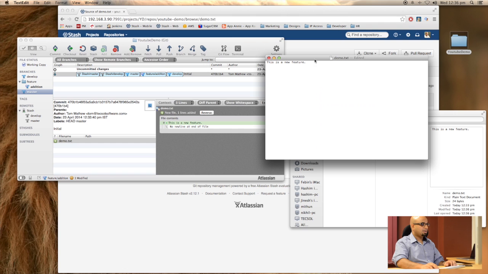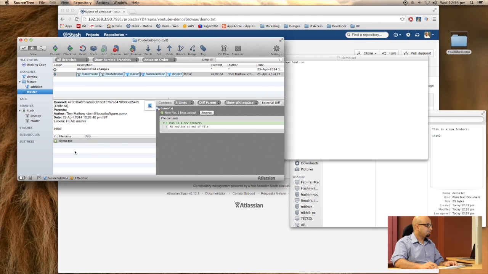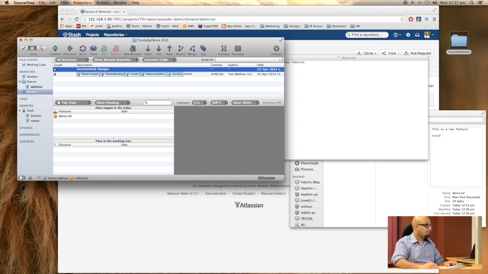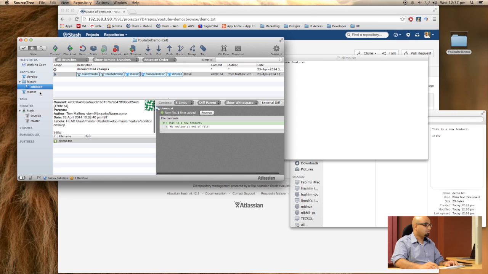So once I come back into this file, I will just write 1 plus 1 is equal to 2, and that's going to be my new feature. I'm just going to save this, and once I come back into Git, you will see that there is an uncommitted change, and I can see that this is the new feature. These lines have been added in. So I'm just going to stage the file, and once this is done, I'm going to push this onto the